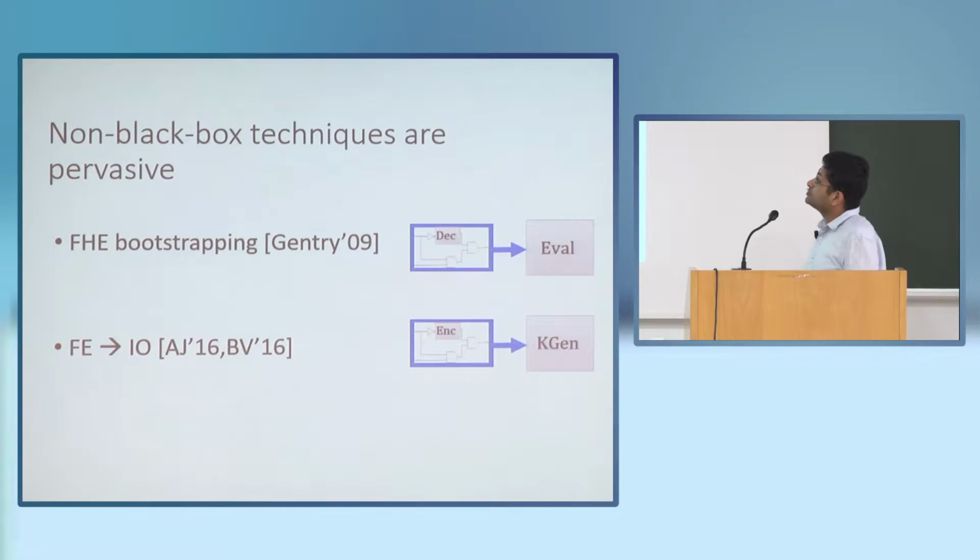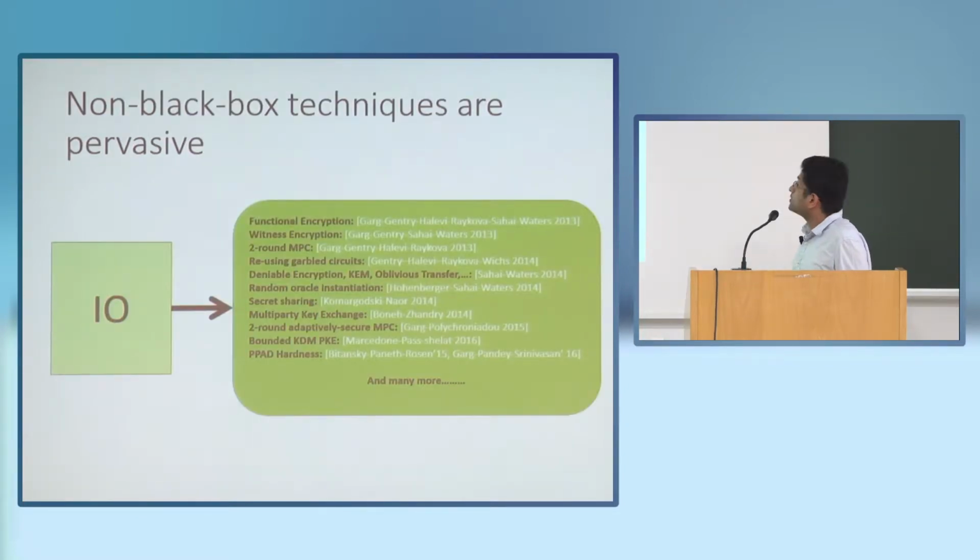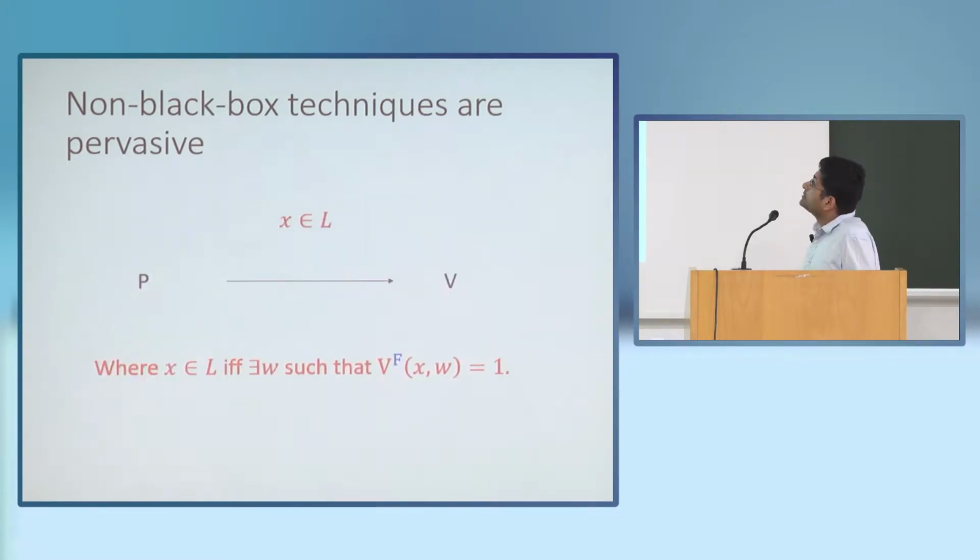So these are two cool examples. But if you look at the iO world, there are many, many applications, and many of them, if not all of them, make some non-black box use of at least one-way functions or more. Okay? But this is not just about these high-tech techniques, as Muhammad called them yesterday, but also